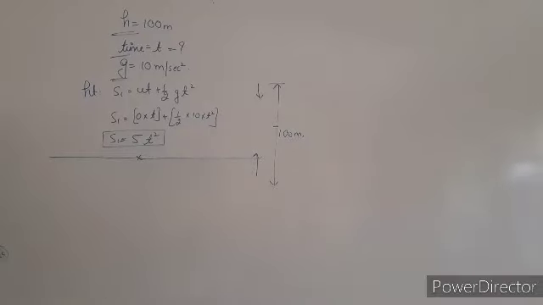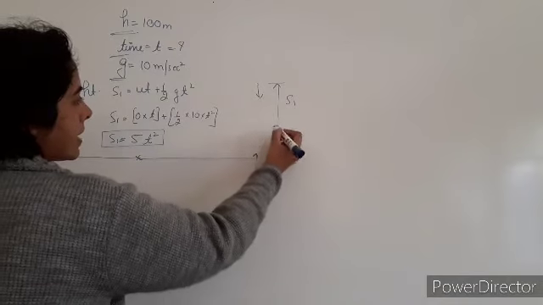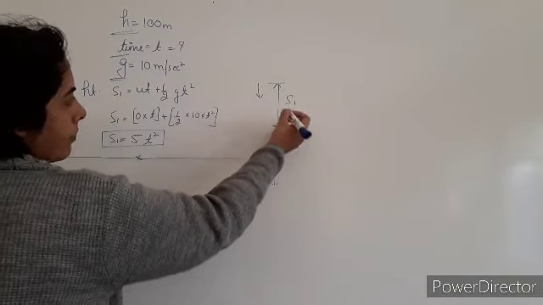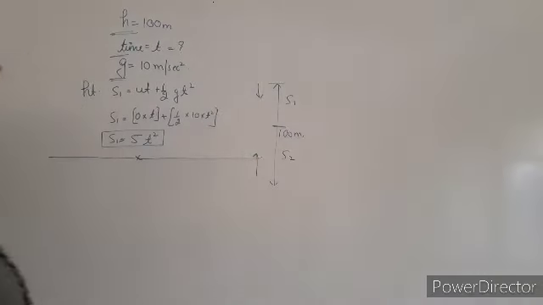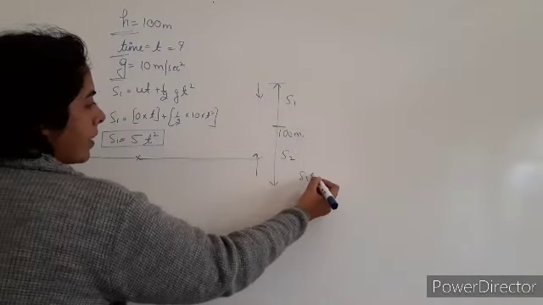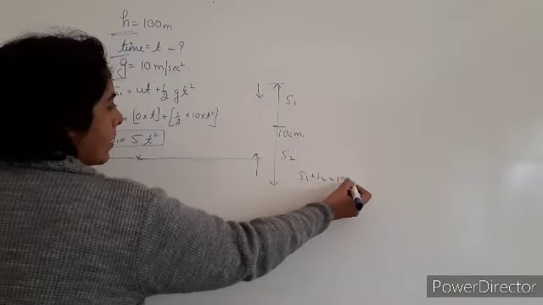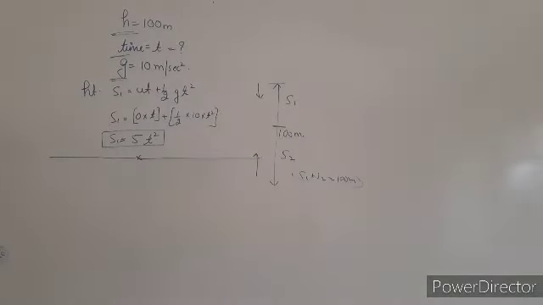So okay, let's say the top one it is S1, the bottom one distance. Let's say here they are going to collide. This distance we say S1, this distance we say S2. Fine. So this S1 plus S2 total कितना हो गया हमारे पास 100 मीटर. हमने 100 मीटर को दो पार्ट्स में divide कर दिया because we have to find out one place where they are going to collide. Upper S1, lower S2. Now S1 की value निकालेंगे.